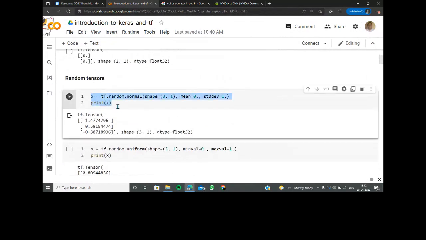So random tensors can be added. np.random or something used to be the syntax here, but the tf.random.normal syntax is already being added. Now we are defining a shape and the size of it. So if you think of all these different things that are already there here, that's okay.